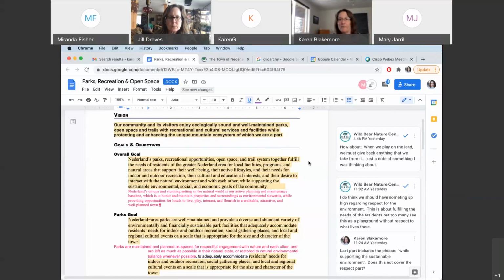And the other thing I find missing from almost everything is a tip of the hat to locals. The surveys that we're evaluating are from locals, and they're after all the tax base. So we want to have opportunities for locals, and sometimes a ski town or playground for the rich leaves that out. So I was excited to get in opportunities for locals to live, play, interact, and flourish in a walkable,